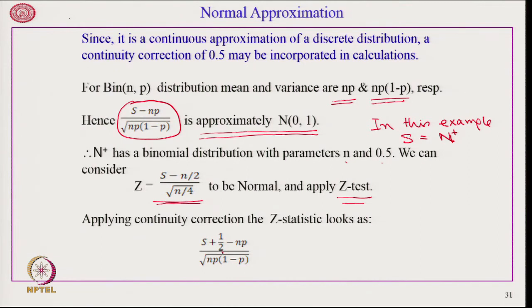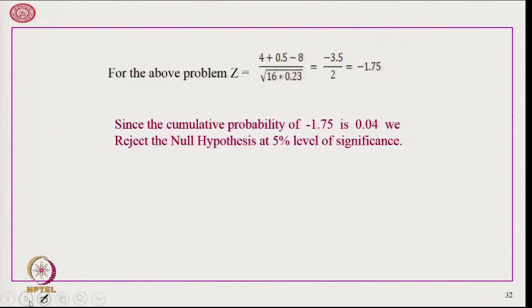But sometimes we use continuity correction, because it is a discrete density. Therefore, we use a factor 0.5, and under continuity correction this is going to be the statistic (S plus 0.5 minus np) upon root over n into p times (1 minus p). So, for the given problem, our S was 4 with a continuity correction 0.5, np is equal to 8, because n is equal to 16, divided by root over 16 p into (1 minus p), and that gives us the value. This should be 25,